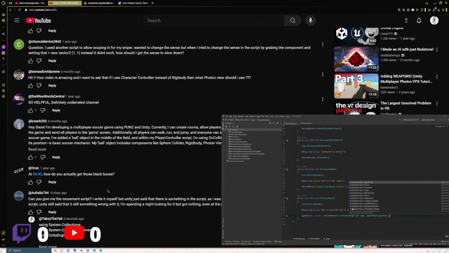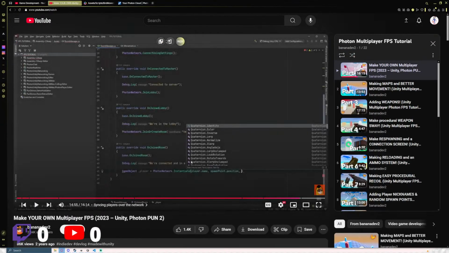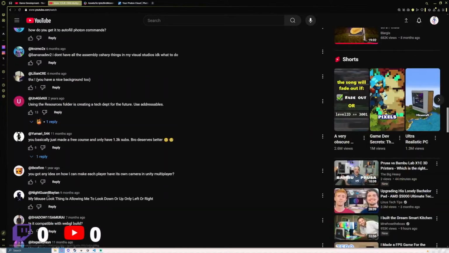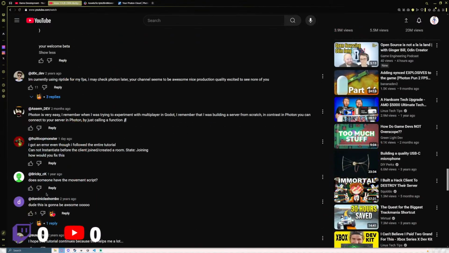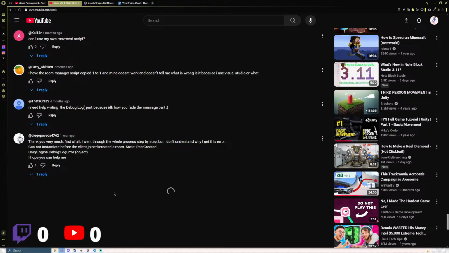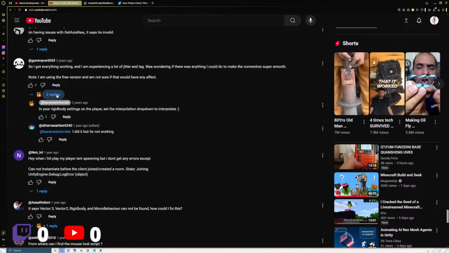So I looked at the script. I was missing a whole part of it, bro. I don't know how I managed. Oh, I gave some kid the whole room manager script earlier. I should really delete that. That was the part when I didn't have it. Oh, that's the movement script. Pretty sure I went down some lengths to help some kid. Is it mine